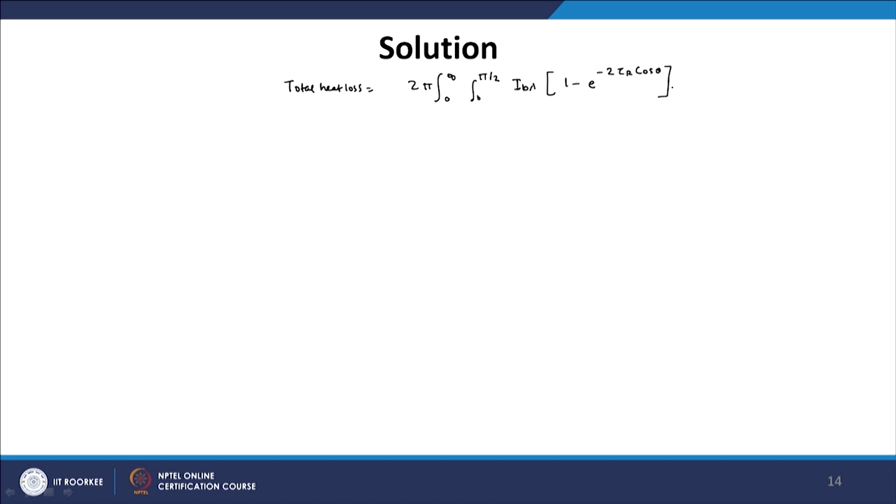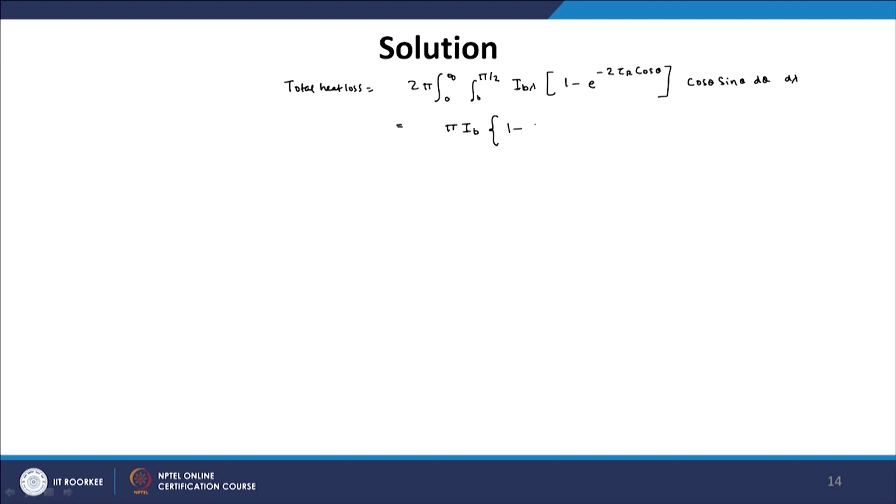This is the variation of intensity with respect to theta. So, we have substituted the value of intensity, cos theta sin theta d theta and d lambda. Now, in this expression the Planck black body function I_B lambda is independent of theta, so we can just pull it out, and this will be equal to pi times I_B